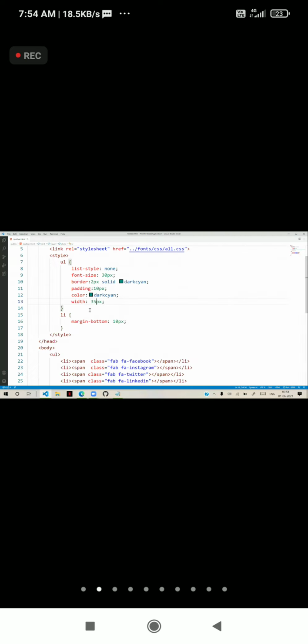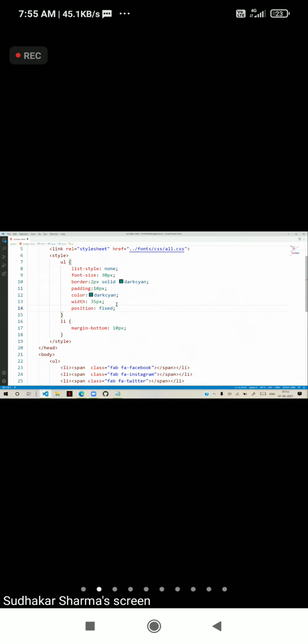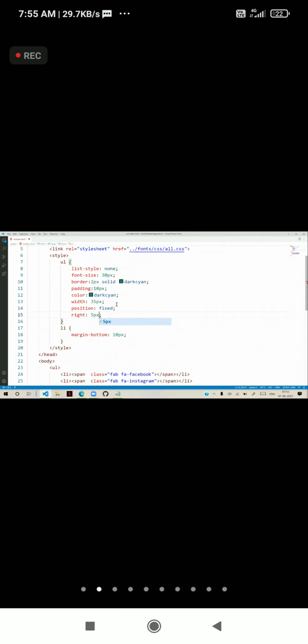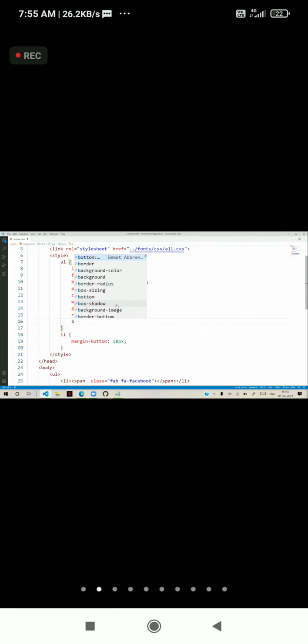I want to keep it in the right side corner. What we have to do is write its position as fixed, so that it will not move from that position. It will not move. The position is fixed. And where it should be fixed, I will give right as 5 pixels, and bottom also 5 pixels, and it will be fixed in the right side corner.